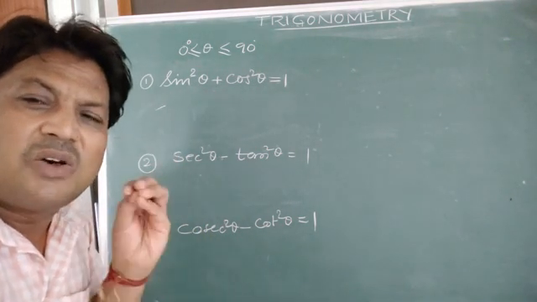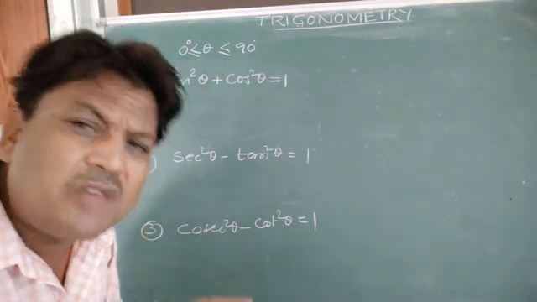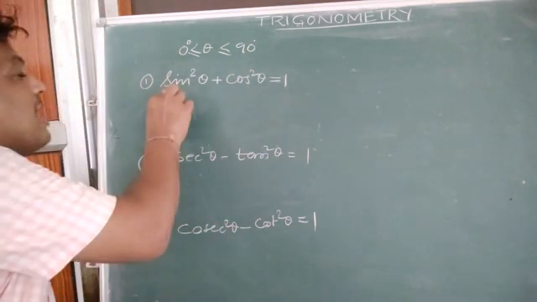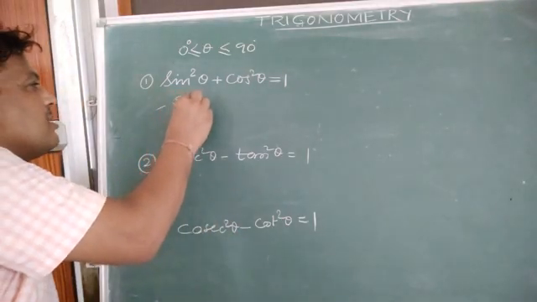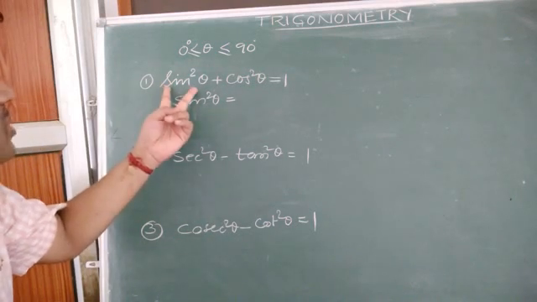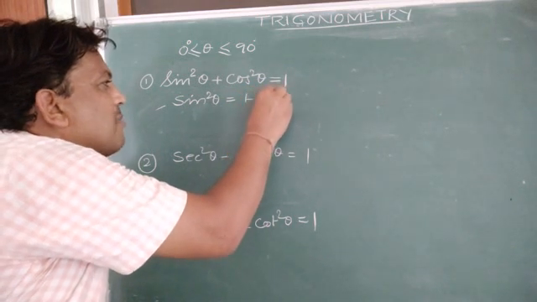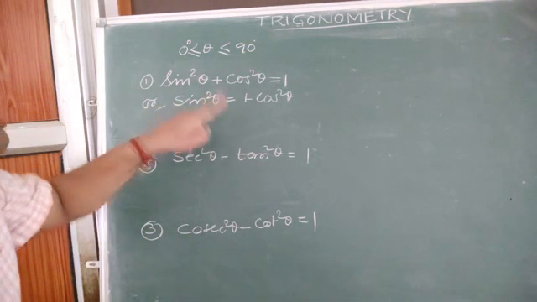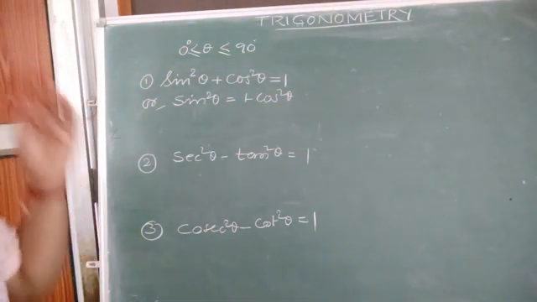On this basis, we are going to solve the questions of exercise 11.4, children. Along with that, just see the transformation of terms from here to there. Sin square theta plus cos square theta is equal to 1. I am deriving another form. Suppose sometimes you need only sin square theta. So what happens? Cos square theta goes to that side, and you will get 1 minus cos square theta. So the same identity can be written as sin square theta is equal to 1 minus cos square theta.